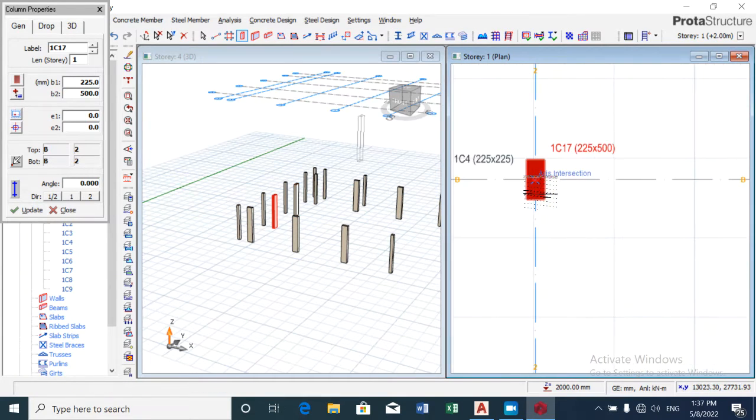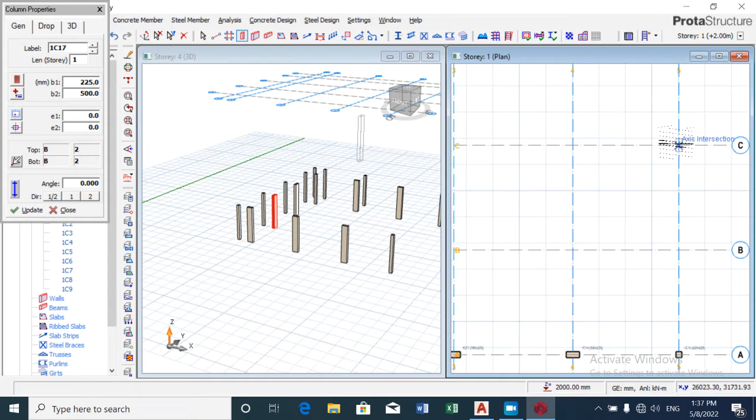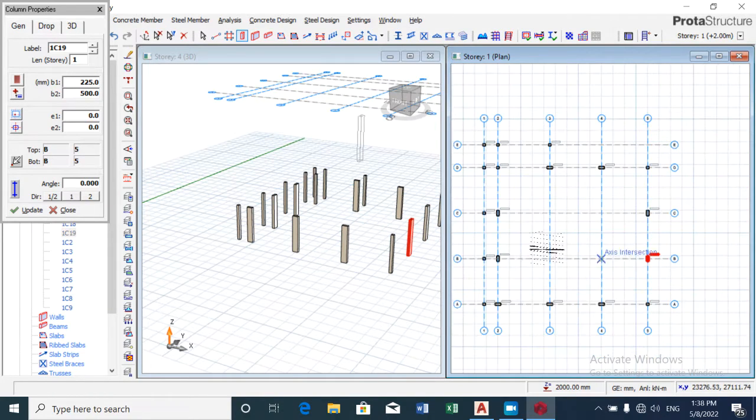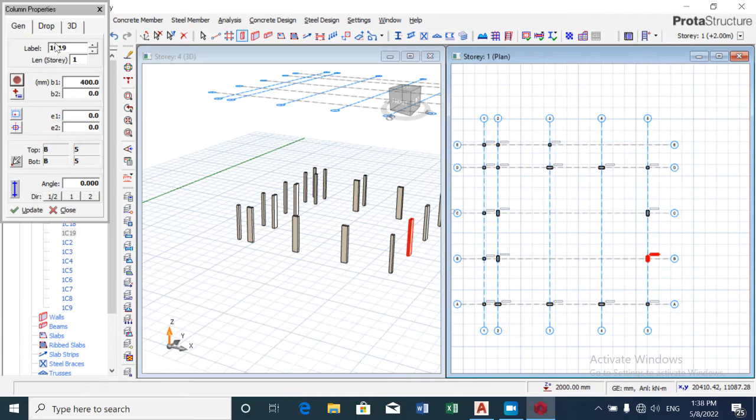You can see shape has also changed. Click here, insert. I also insert here too. Now we've gotten this aspect. Now I want to use a different section. I want to use a circular section, and I want the diameter to be different. I just click on circular section, and then this for the diameter I change it to 350, and I come here,